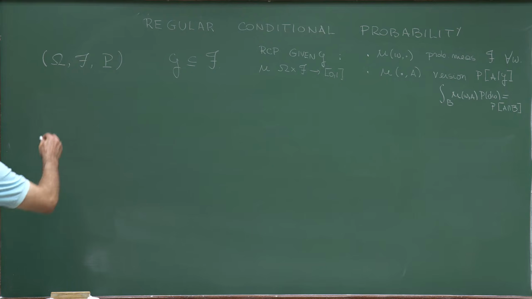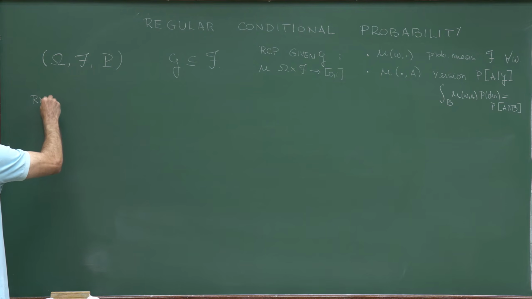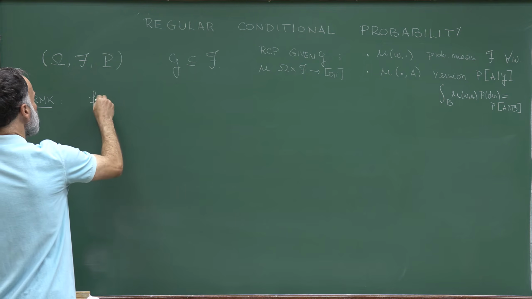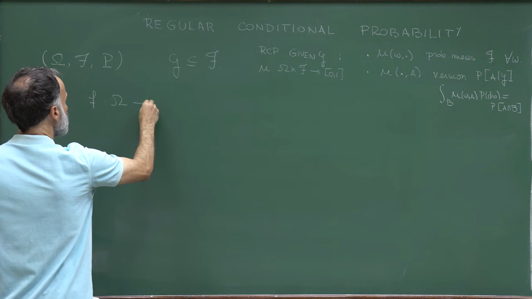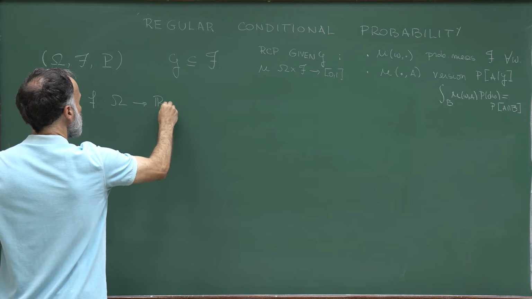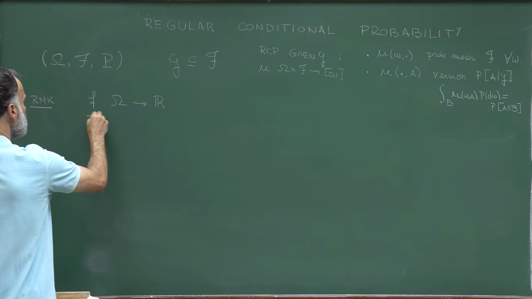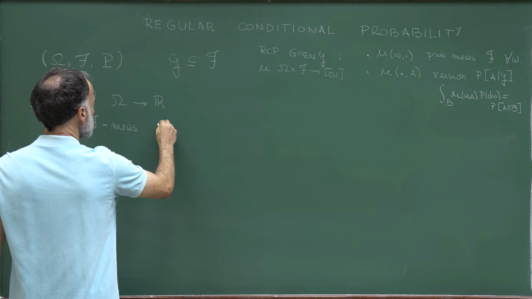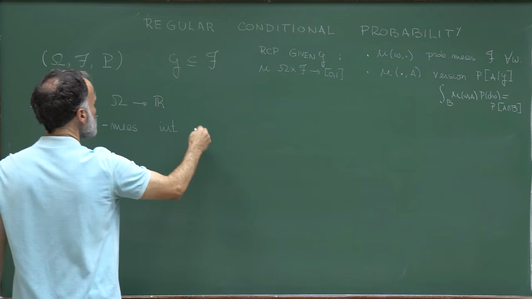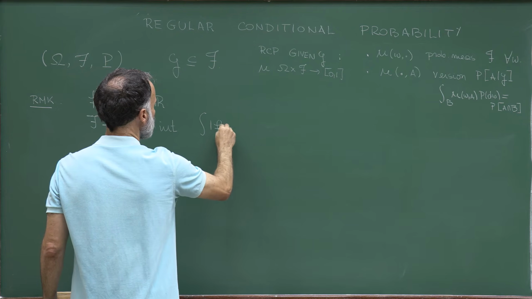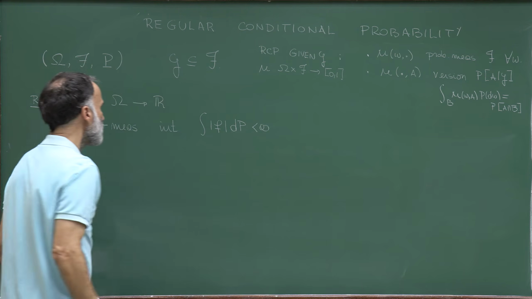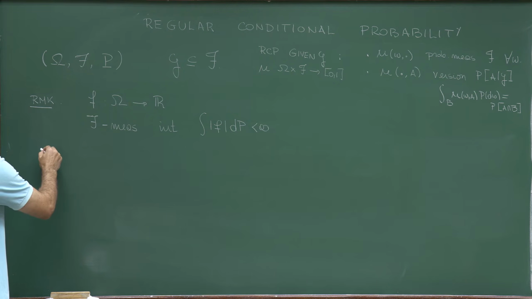So here's the remark. Let me take a function f from omega to R, which is F-measurable and which is integrable with respect to P, that means that the integral of |f| dP is finite. So now what I claim